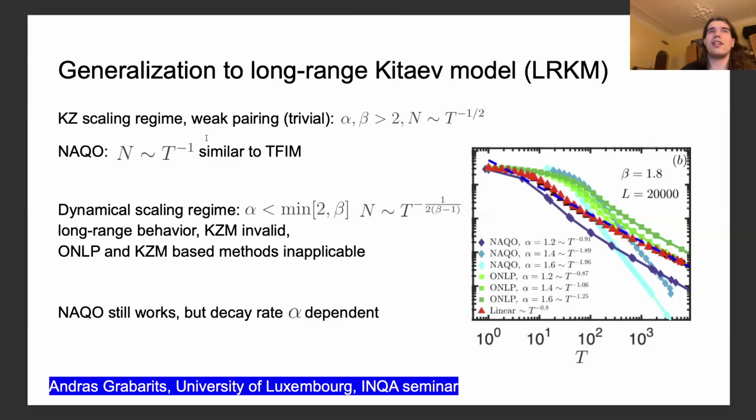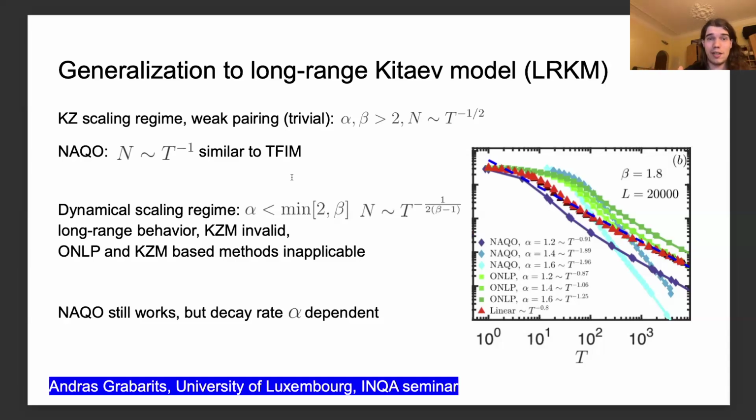But after this, the truly interesting regime is a dynamical scaling regime, where the hopping power law becomes small enough to destroy the local structure of interactions. One has really long-range behavior. The Kibble-Zurek mechanism loses its validity, and so the optimal nonlinear passage, for example, is inapplicable because that relied on a Kibble-Zurek scaling. But our approach for this dynamical scaling regime of